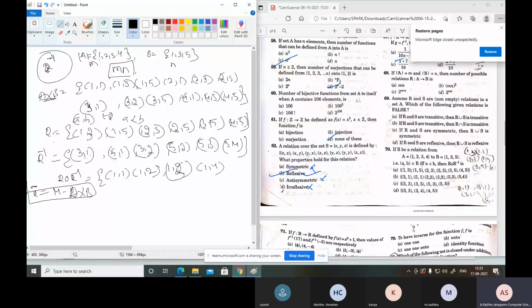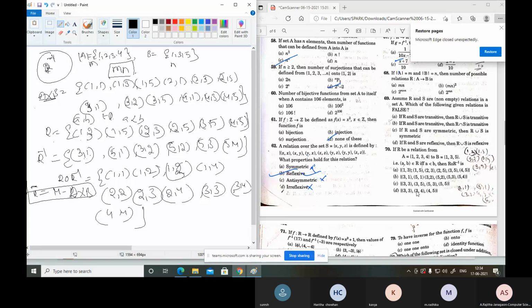Next coming to 2. 2, 3. That is 2, 2 exists. Next only 2, 3. Next 2, 5. That is 2, 3 is already there. 2, 3. Next 2, 4. Next coming to here, what? 3, 5. So from this 3, 5, 3, 3 and 3, 4. Next 4, 5. That is 4, 2, 5, 5, 4. That is 4, 4. So this is what you can check here. Here you can check this is R complement to this. Now observe here.